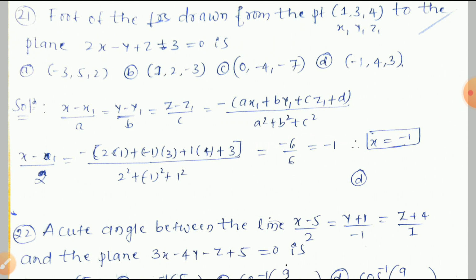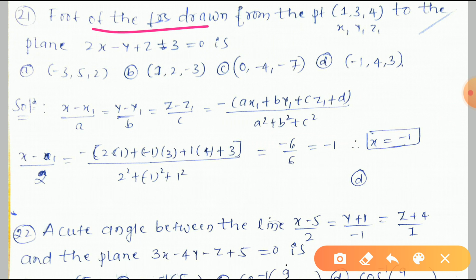Now we continue discussing the Karnataka Common Entrance Test 2019, subject mathematics, version code C4, question number 21. Find the foot of the perpendicular drawn from the point (1, 3, 4) to the plane 2x minus y plus z plus 3 is equal to 0. The options are like this: (-3, 4, 2), (1, 2, -3), (0, -4, -7), (-1, 4, 3). Solution: we know the standard result,